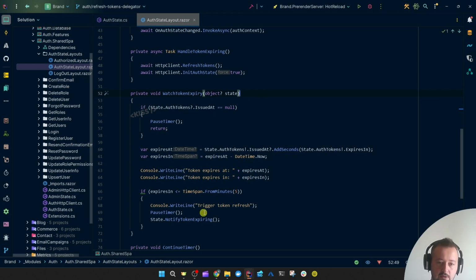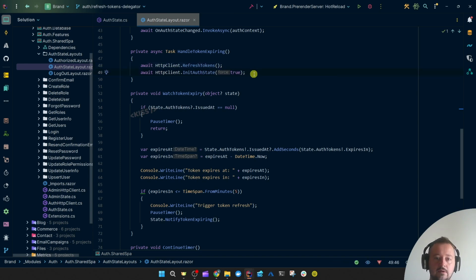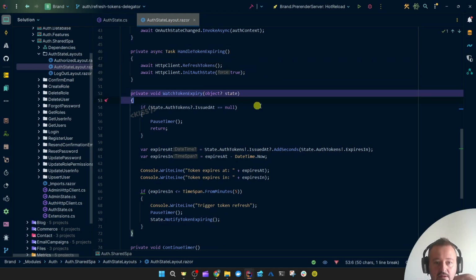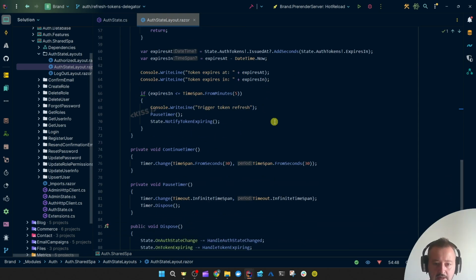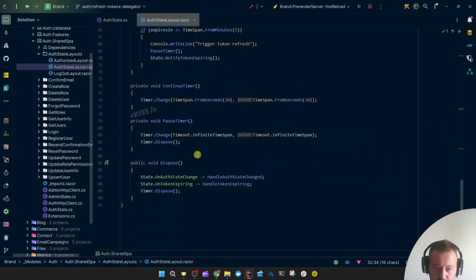Well, we might as well show it, so these are the methods I'm calling to refresh the token and then reinitialize the authentication state, so get the current user info and so on, authorize the HTTP client with those new tokens, make sure they're stored in the local storage. But why did I do this with an event callback? Of course, because this is an async task and we are in a void method. I didn't really find a way to call an async method or a task